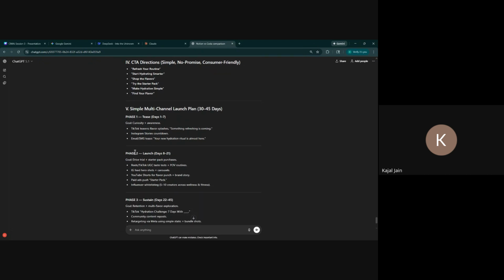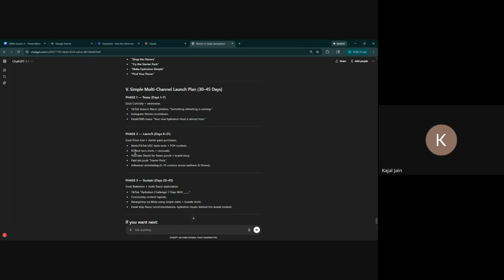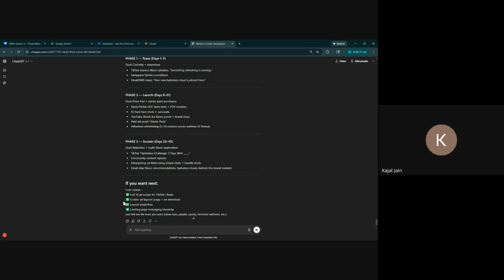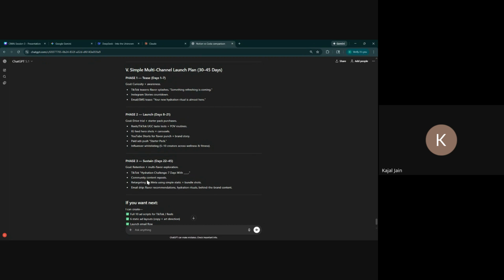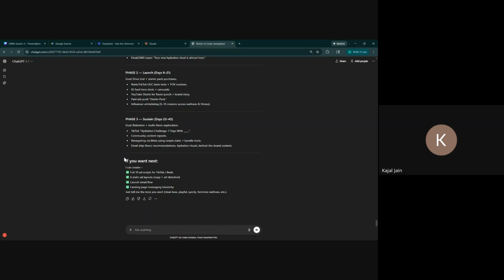And then here is my multi-channel launch plan. It broke it down into phases. Looks like 3 phases, starting from day 1 through 7, and then 8 to 21, and then 22 to 45. And then it also gives me what it wants to do next.